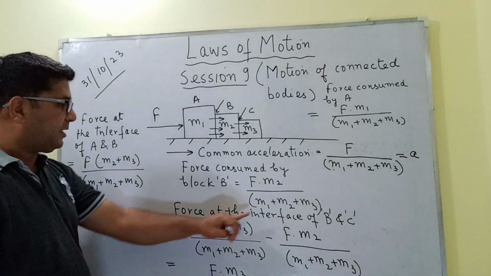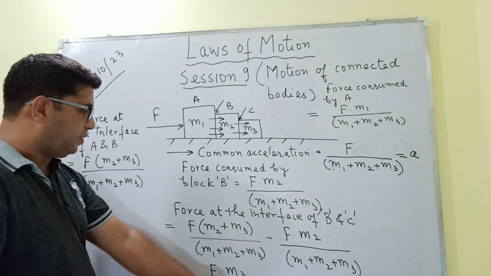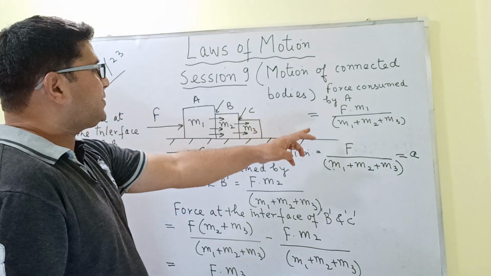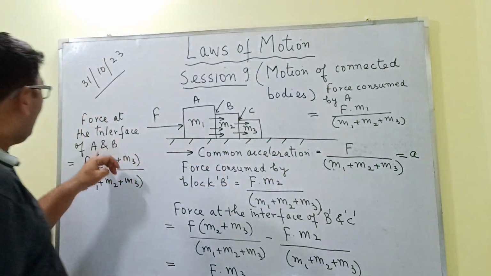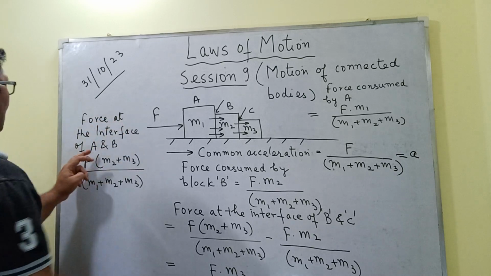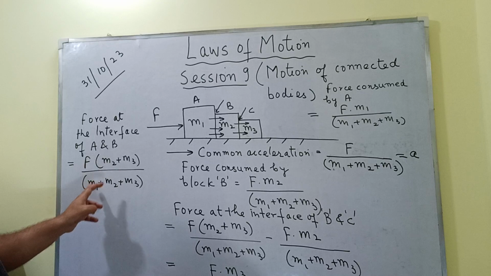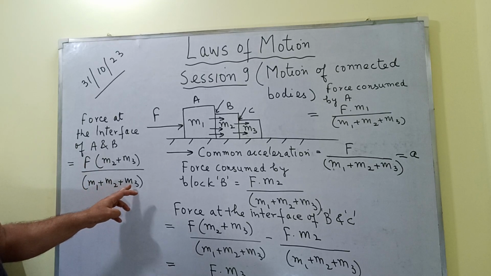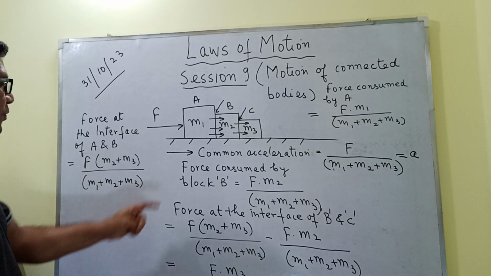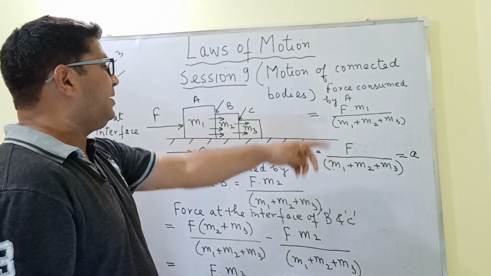So the force at the interface of B and C is equal to F dot M3 divided by M1 plus M2 plus M3. The force at the interface of A and B हो गया F ब्रैकेट में M2 plus M3 divided by M1 plus M2 plus M3 हो गया। ठीक है।